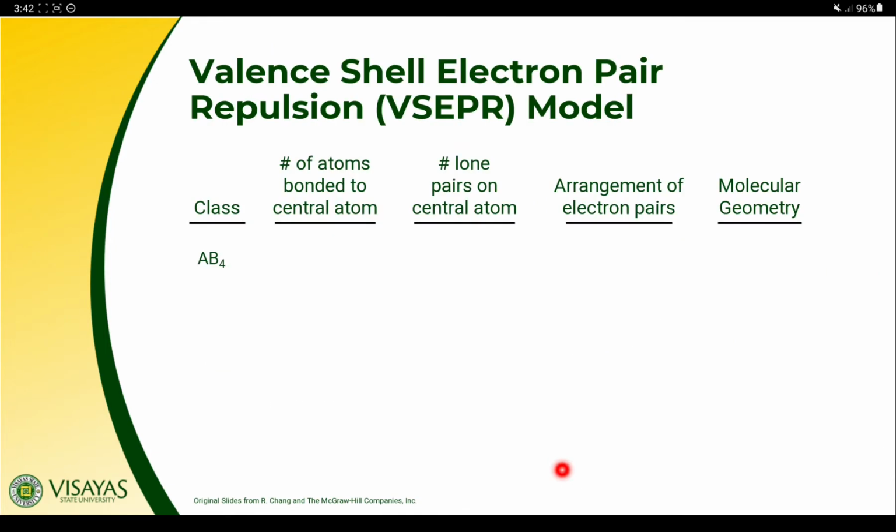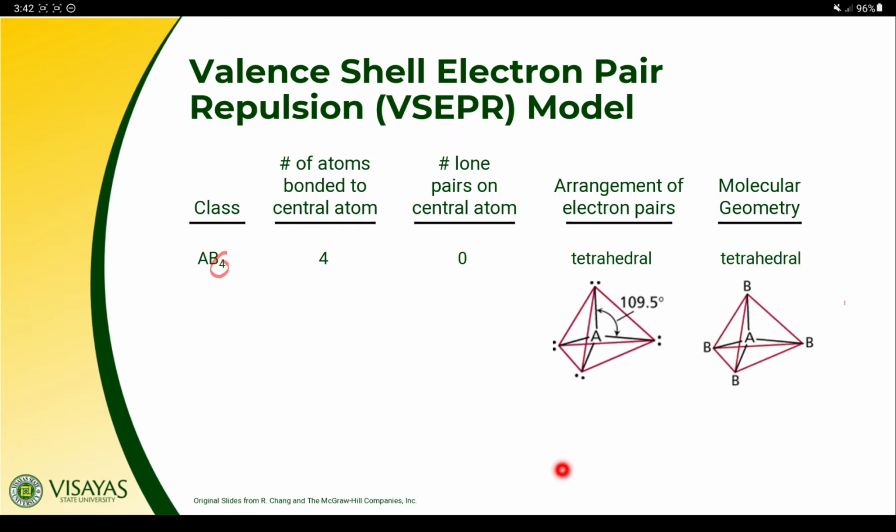Next, we have the AB4 class. Here we have four atoms bonded to the central atom, and we don't have a lone pair on the central atom. So the arrangement of the electron pairs is tetrahedral. When we take into account the repulsion of the electrons, the molecule with AB4 class still has tetrahedral molecular geometry. So how do we draw